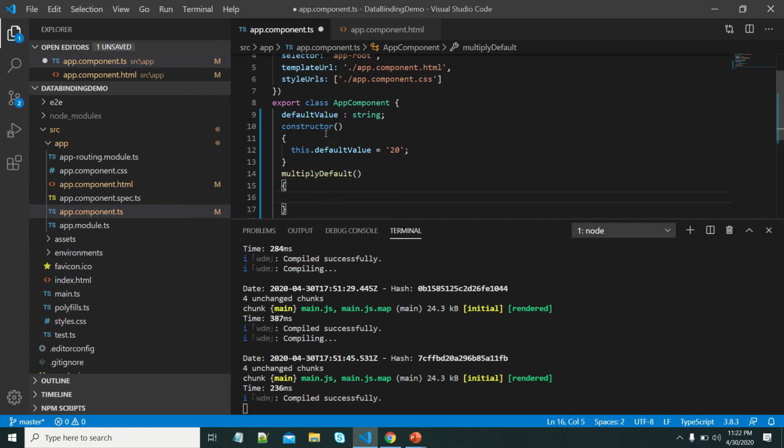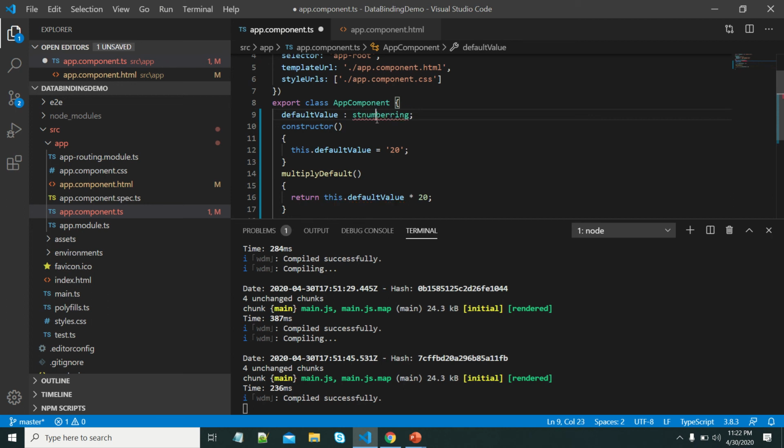We can write return this dot default value with some 20. This is the default value. Let me make it as number.